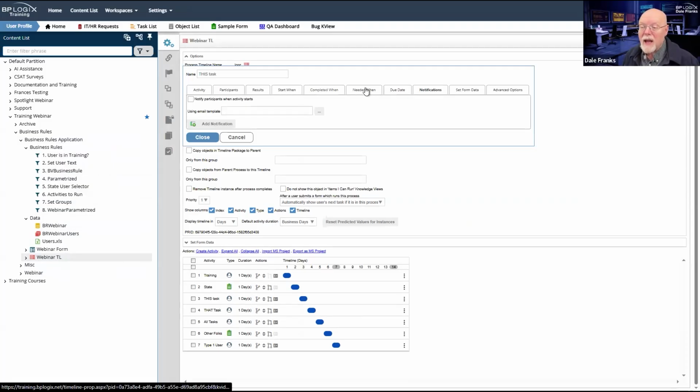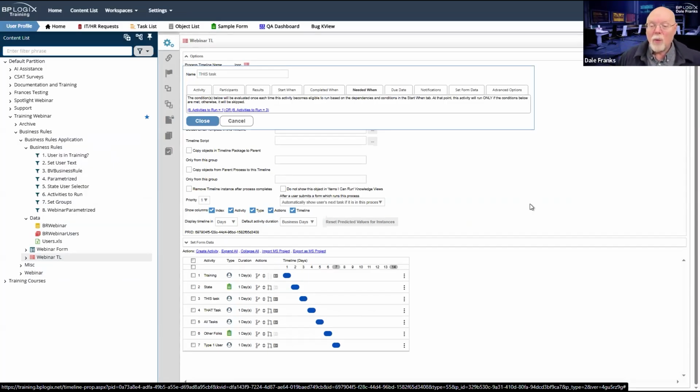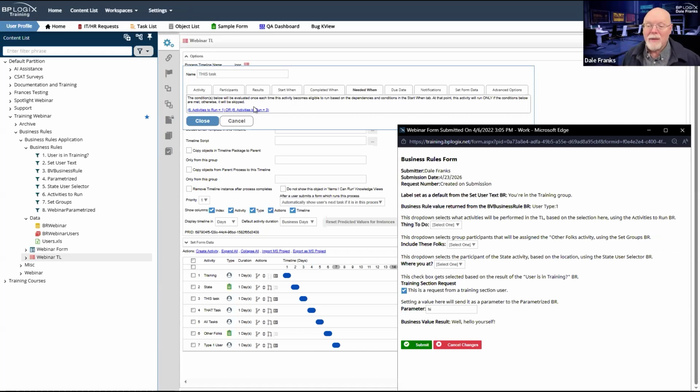And all of these tasks have a needed when activity, and what they are looking at is the activities to run business rule. The activities to run business rule is evaluated based on the thing to do drop down on the form.